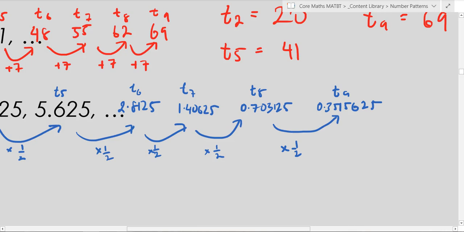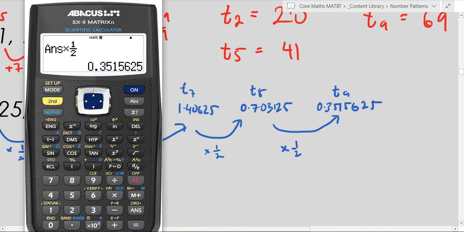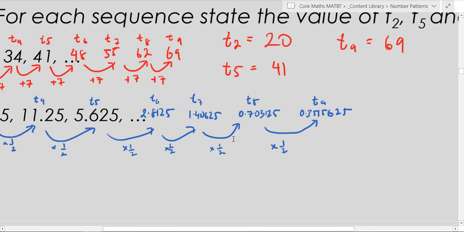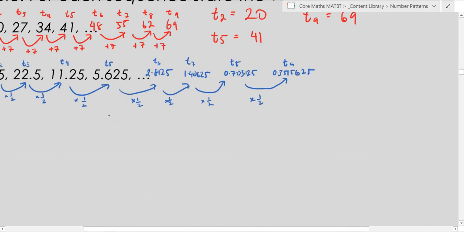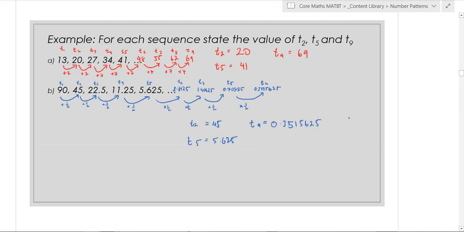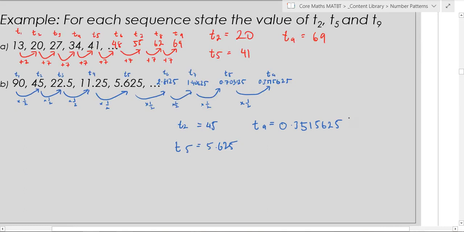Did I get those numbers right? 3515625. Okay. So, stating the values for term 2, term 5, and term 9. So, term 2 was 45, sorry. Term 5 is 5.625, and term 9 is 0.3515625. This topic can get a bit tedious, as you can see, but in year 11, this is the kind